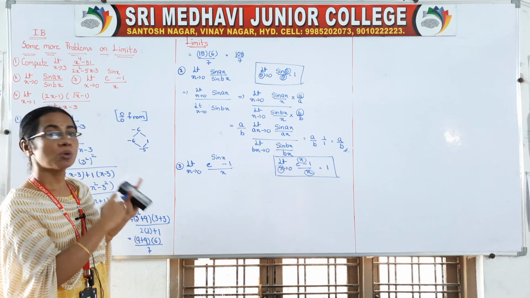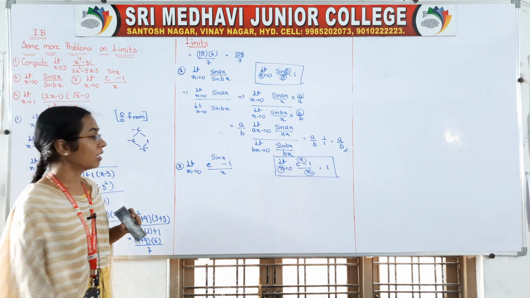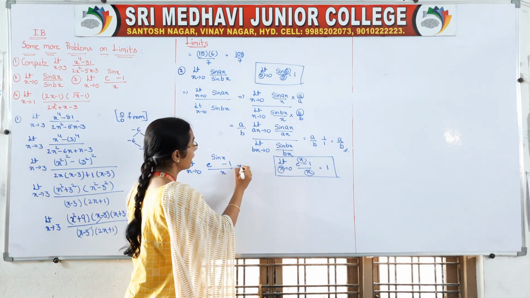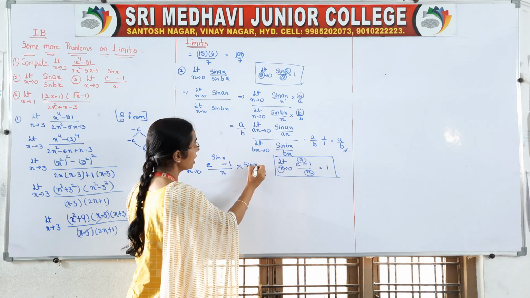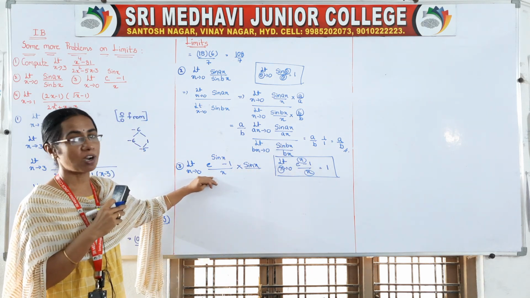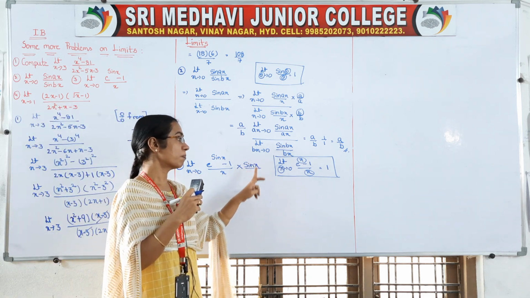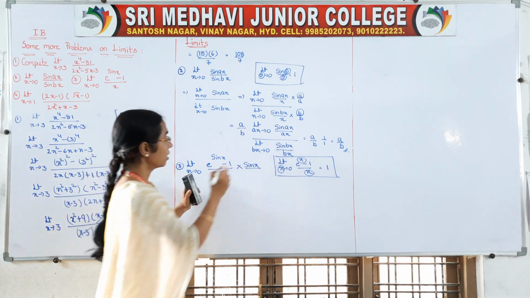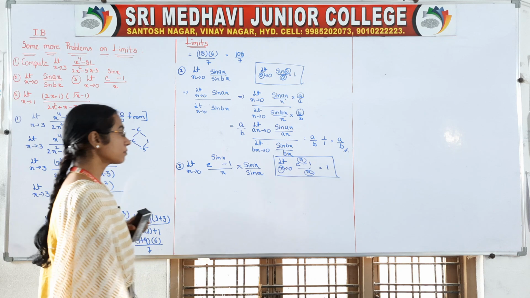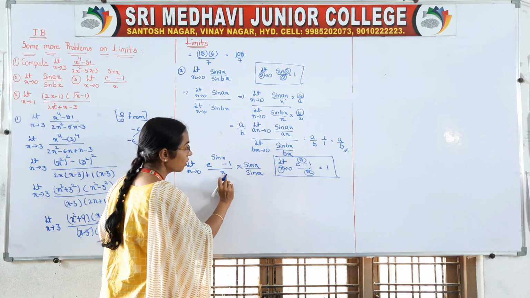So, we have to adjust our problem according to that formula. That means downwards I want sin x, so you multiply and divide. Actually, if we divide with a sin x, we can get it into our form, but in mathematics we cannot do it like that. So, we have to multiply and we have to divide. Okay. So, it is sin x. And we want this sin x here and we don't want x here.